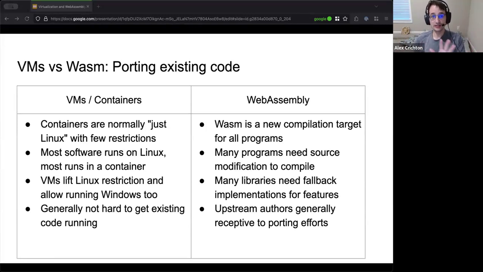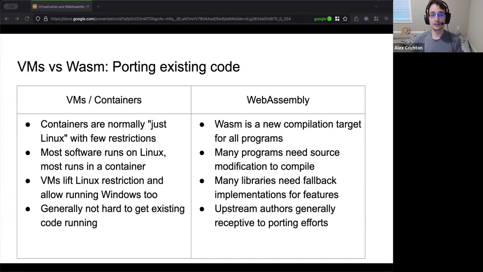However, WebAssembly, as I've been saying, is a relatively new target, one that didn't exist before. So for example, if you only compile with GCC and you don't compile with Clang, you're not going to have a great time with WebAssembly, because GCC does not have a WebAssembly backend just yet. You'll also find that a lot of applications will need source modifications to compile to WebAssembly. WebAssembly is not Unix, it's not POSIX, it's not macOS, it's not Windows, and most programs today, if they have some sort of system level stuff, tend to assume they're on macOS, Linux, Windows, or the general Unix family. But this is different from WebAssembly, so you'll often need to upstream various changes to upstream libraries.